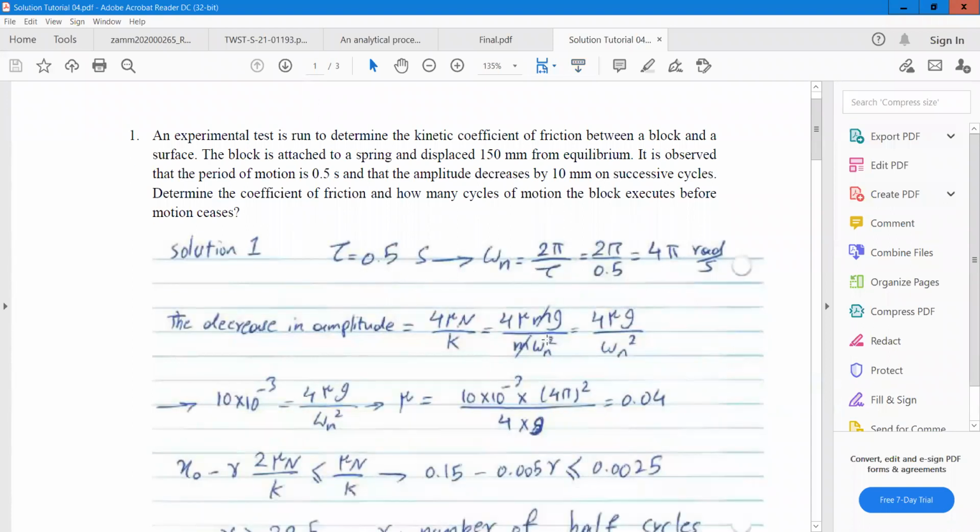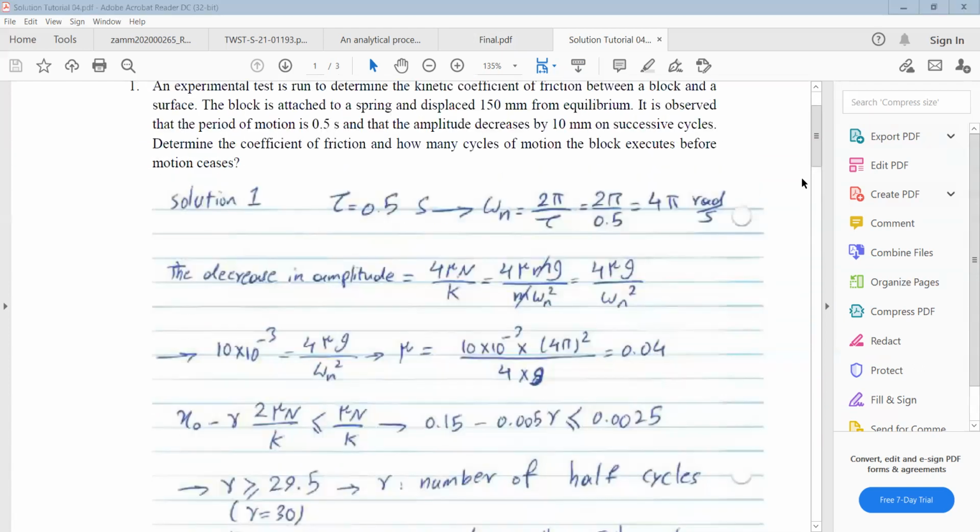Okay, the tutorial for this week, we will have 3 problems. Any specific question regarding the concepts from last week or these problems? Any question? Okay. The first problem,